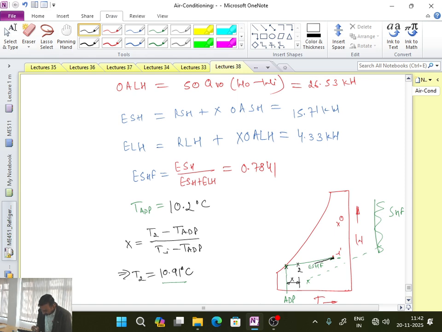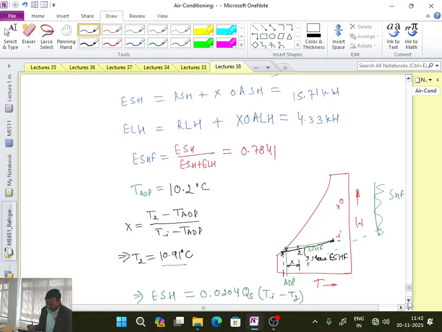It is very close to... Now I have got a new line. Please see over here. The green line corresponds to the previous ESHF. The new line corresponds to the black line, the new ESHF. And it is crossing at a temperature of